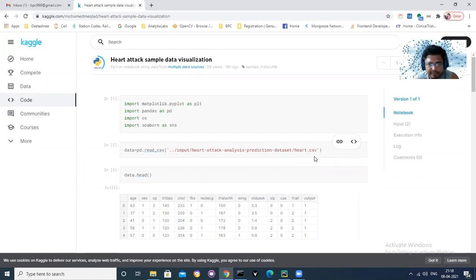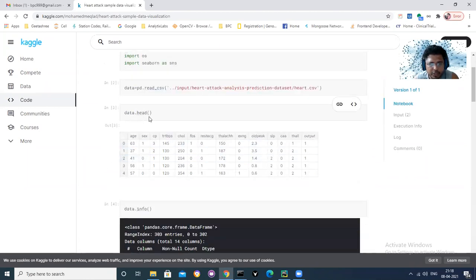So we read the data from the CSV file into a data frame, and then dot head means just show me the first five rows. What is the objective of this activity in line number 3? The objective is to just see the names of the attributes. Because I am just seeing 5 rows, I am not really concerned about the instances or the records. I am trying to see what variables or features are available to me in this data set.